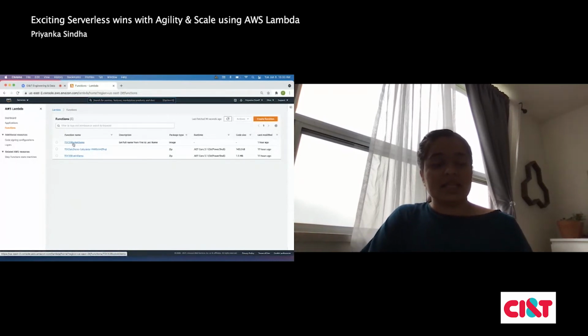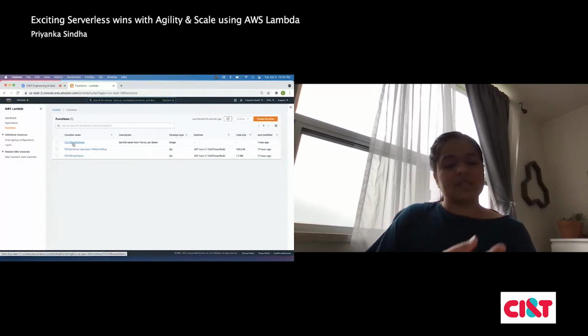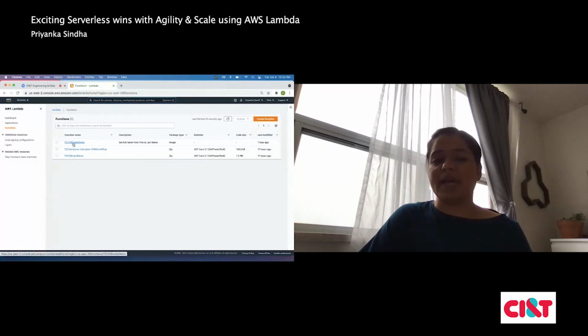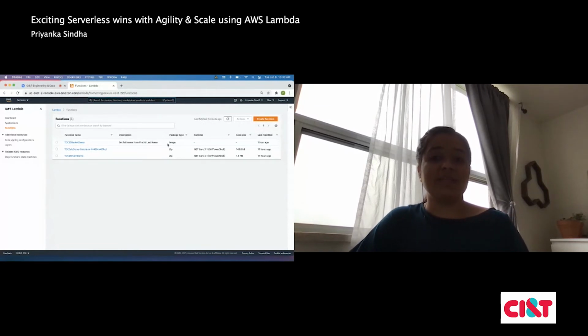The third one is the S3 bucket demo, but it's actually not an S3 bucket; it's a Lambda function which gives a full name based on the first and last name. That function is defined with package type image, rather than the other 2, which are packaged as zip folders. So how does this whole thing work?